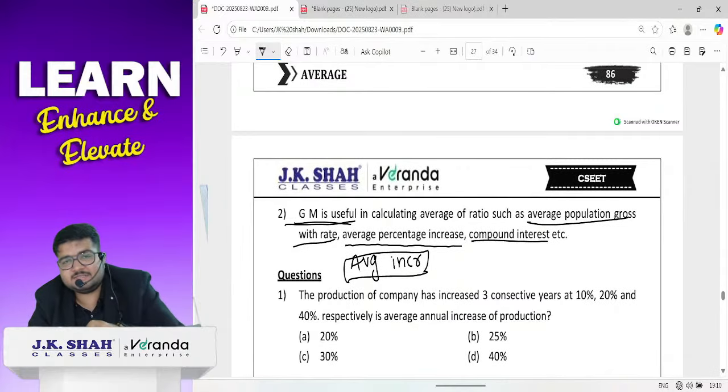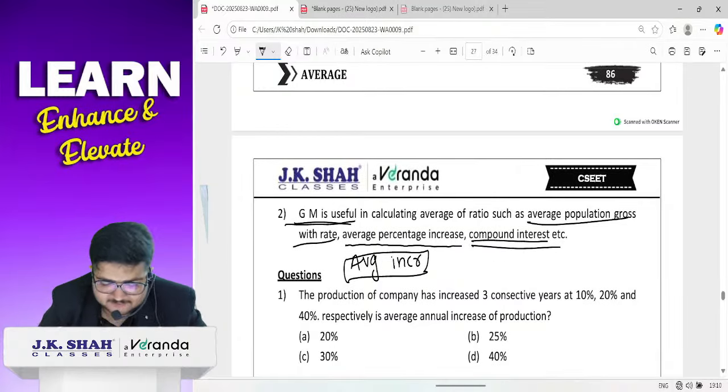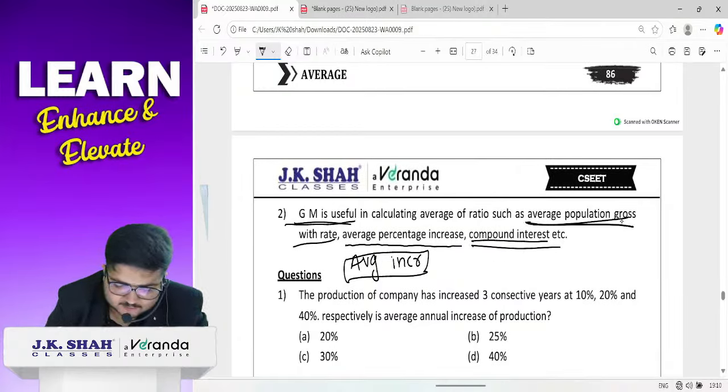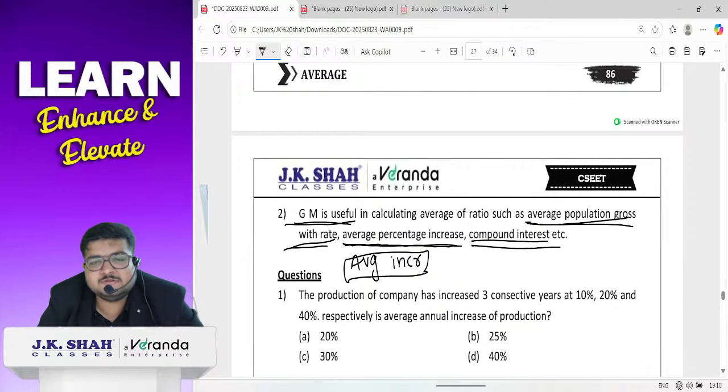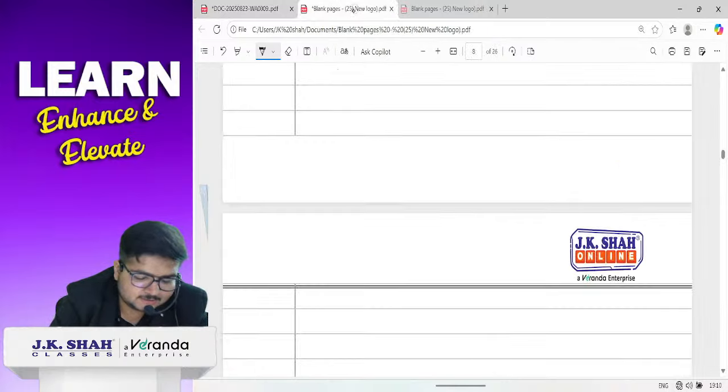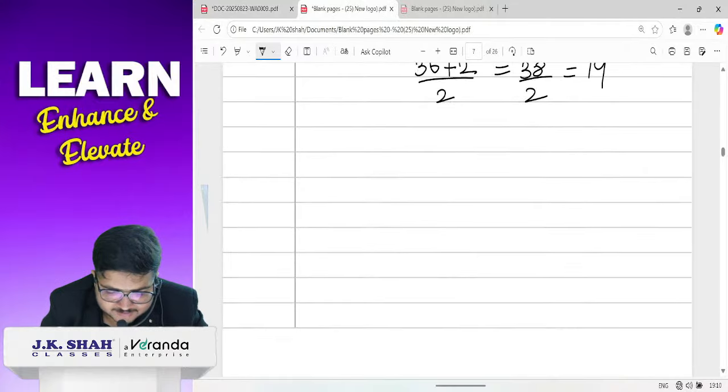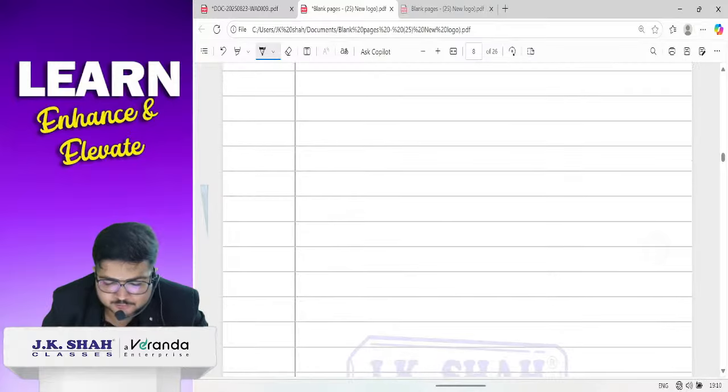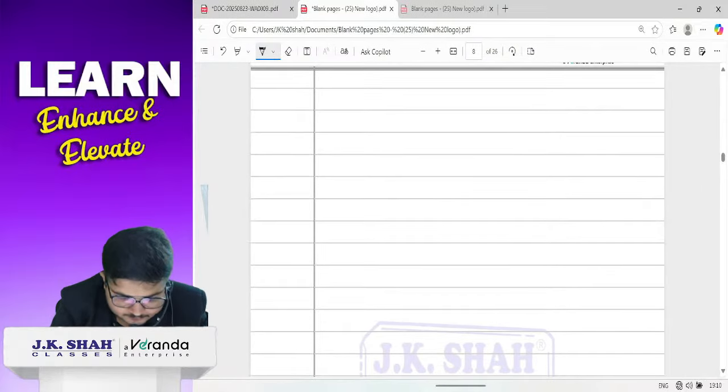If they have asked you average of compound interest, average of population growth rate, average percentage increase, in those questions only you have to use geometric mean. Sir, now we understood when to use geometric mean, but tell us how to use geometric mean. So